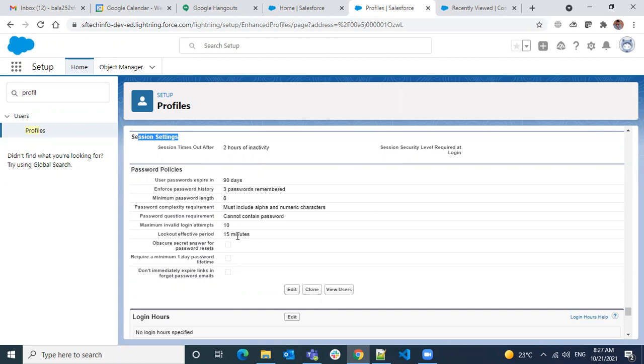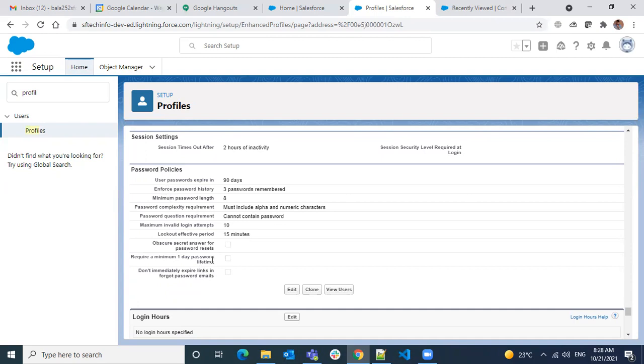You can decide how many passwords you want the system to remember and not allow the users to use the same old password again and again. Those settings, like how complex it is and how long it is, everything you can control here under the password policies. There are two levels: one at the profile level, and one at the org level.